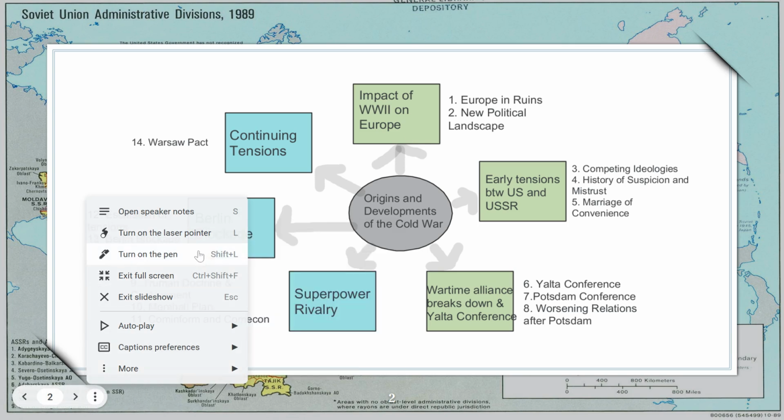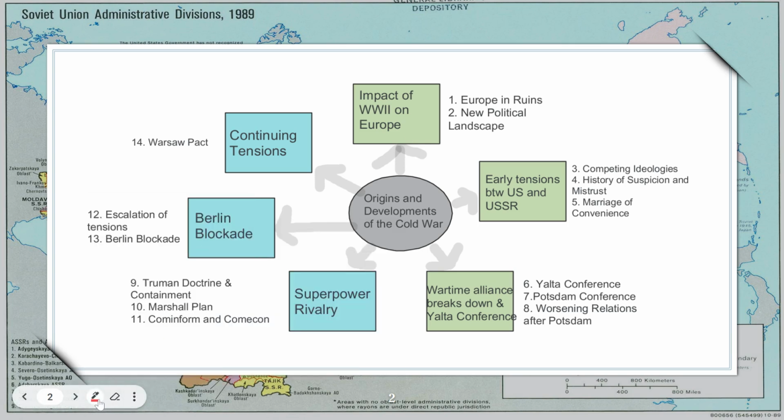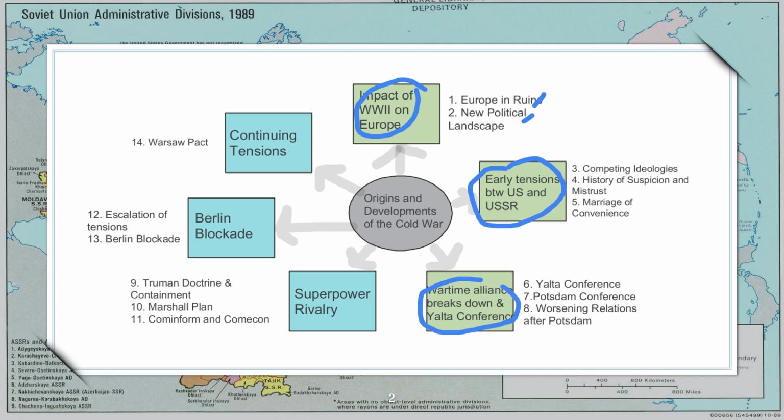This factor here is broken up into 2 points. Then you have another group of factors here, the tensions between the Soviet Union and America earlier on. And then finally, the wartime alliance breaks down. So it's very time based as well. The impact of World War Two is post World War Two, then early tensions, and then within this time frame,